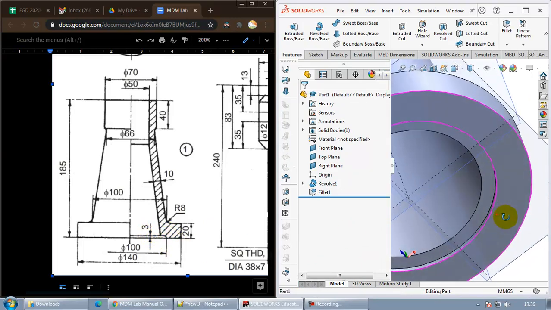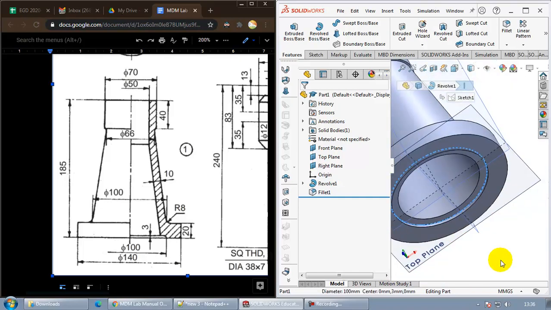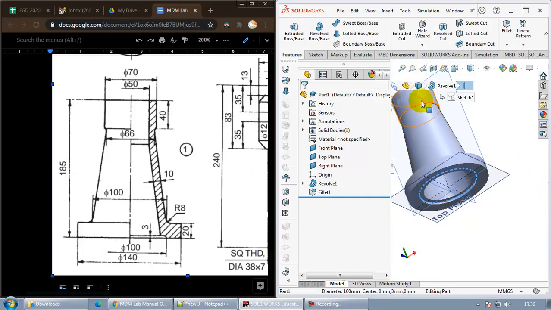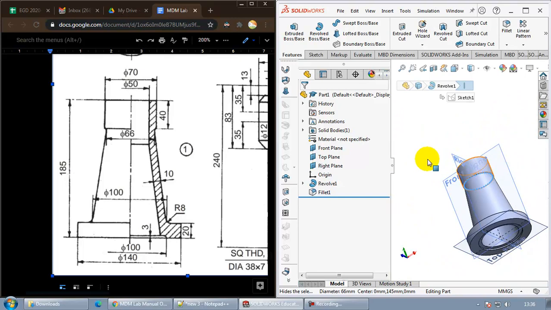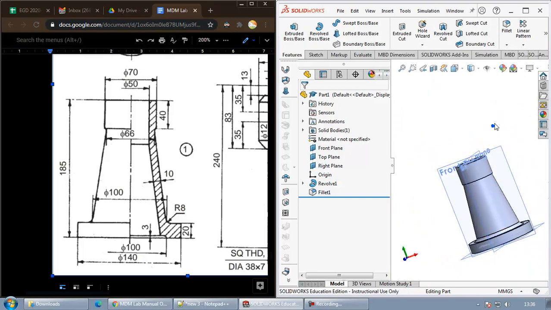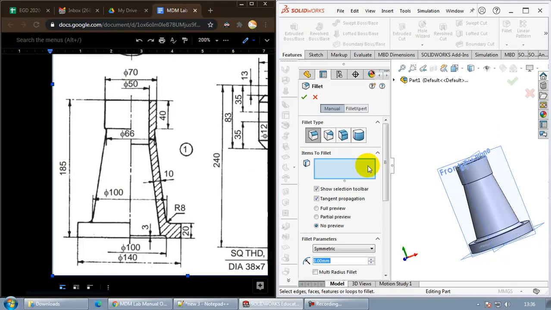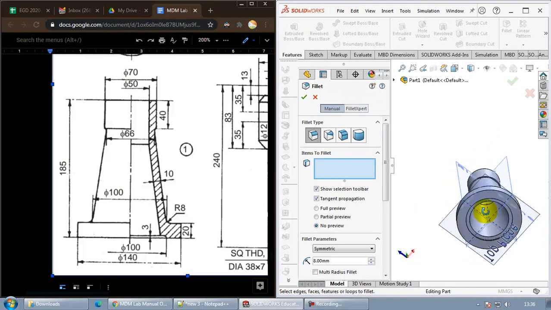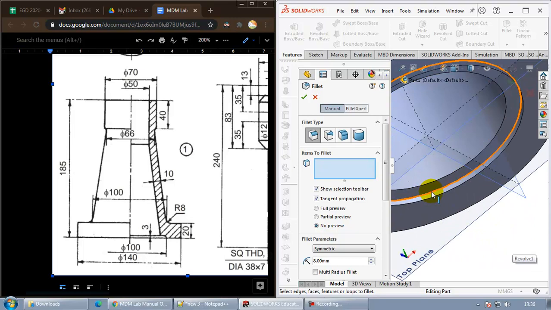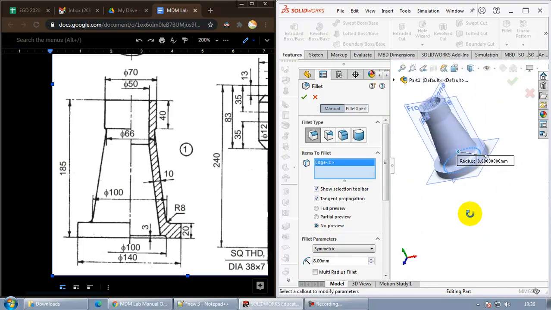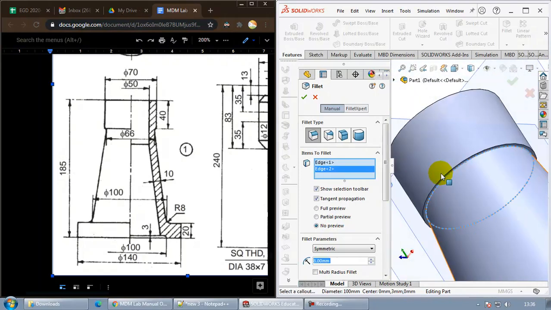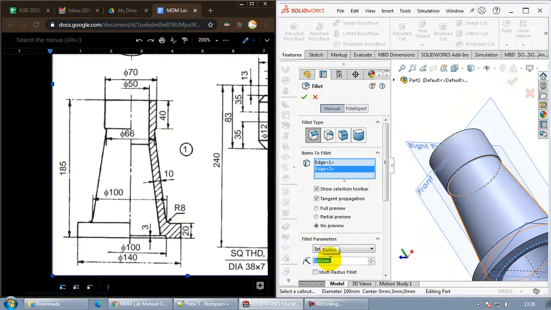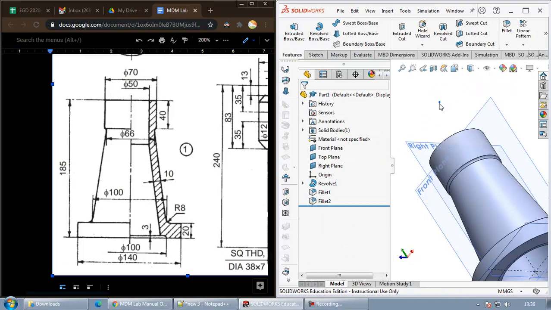There is one more fillet, and that you can see here, this small part. We actually drew that as a corner. So this edge here has to be filleted, and in the same way we also have to fillet this part here. These two edges we need to fillet, and both of them will be of 3 radius. So take fillet again and select this one properly. This edge we have to select. Don't select the face, or else all the edges that are touching that face will get filleted. Now this radius we are supposed to give as 3, and then click on the tick mark.